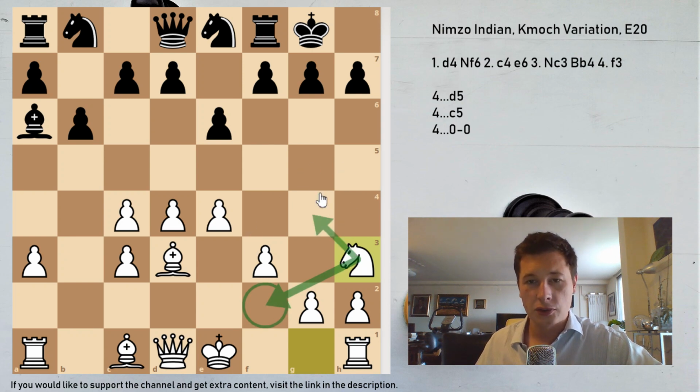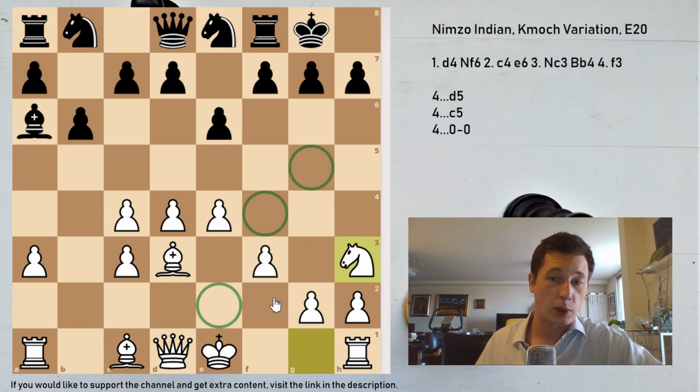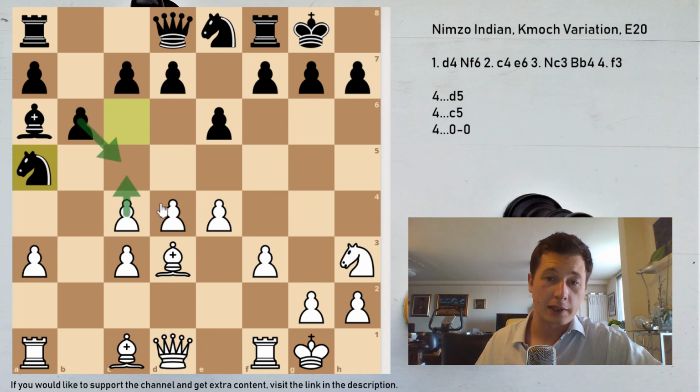The knight can also go to the g5 square if need be. It could also go to f4. So it's a good square for the knight. e2 is not as good because it has one option less, so knight h3 is the main move. Knight c6 going to a5, castles, knight a5. And now the only way to defend, if you don't want to play c5, which is really bad after takes,